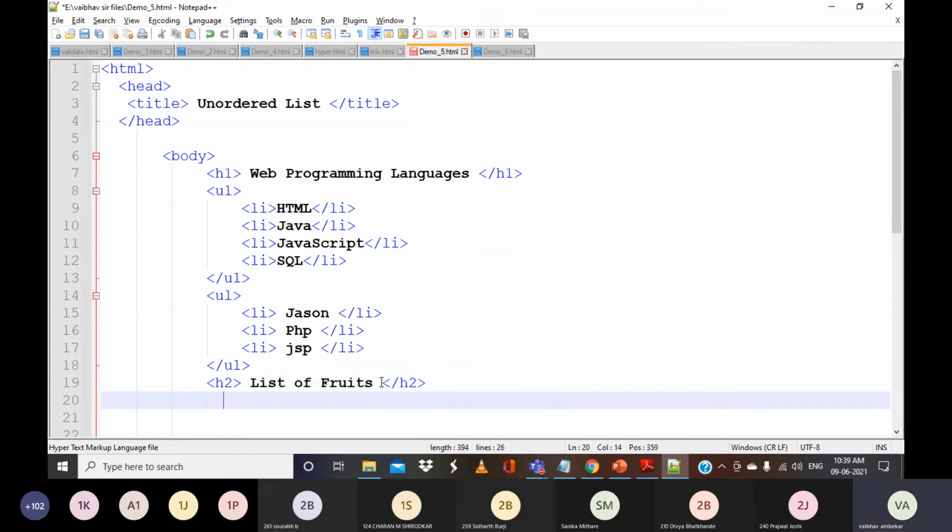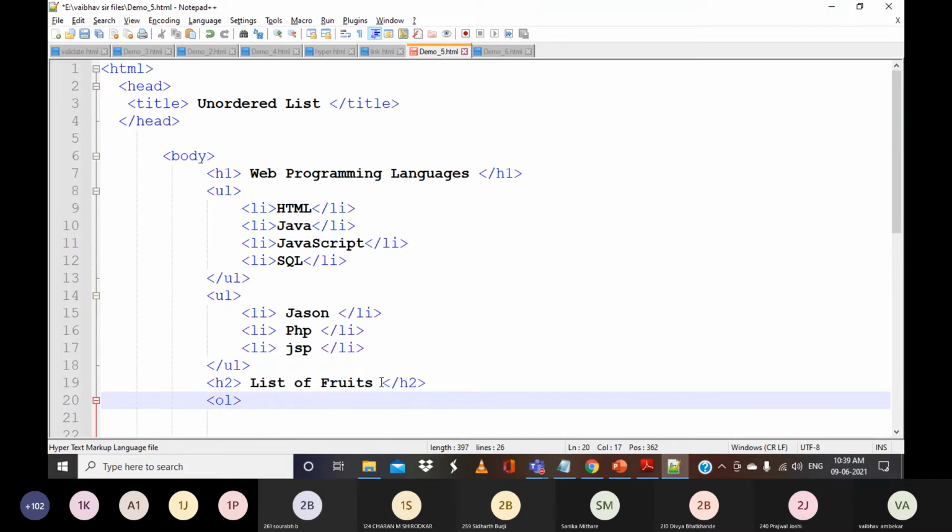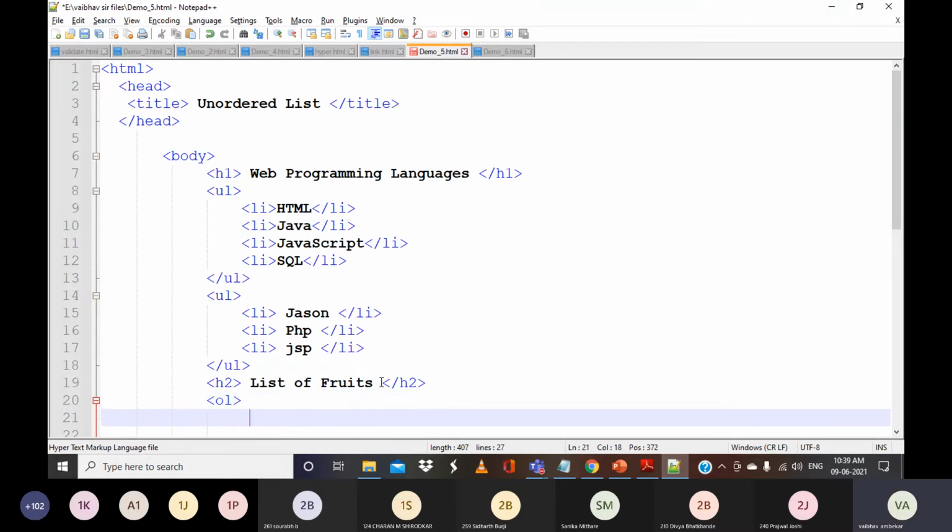So here, instead of that, I will use OL, that is the ordered list. Then I have to put the items.